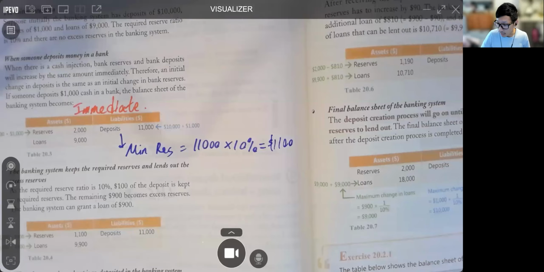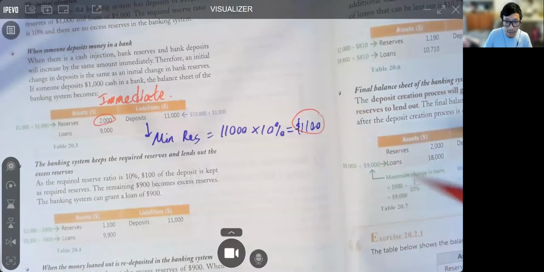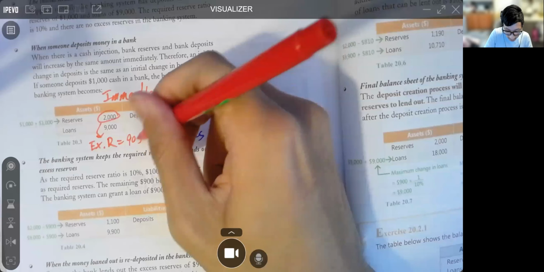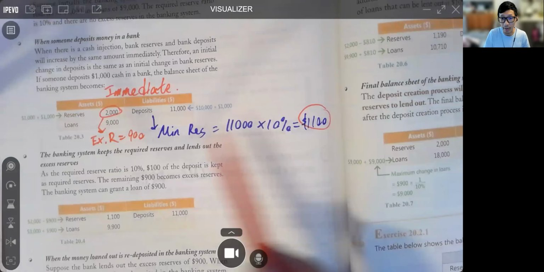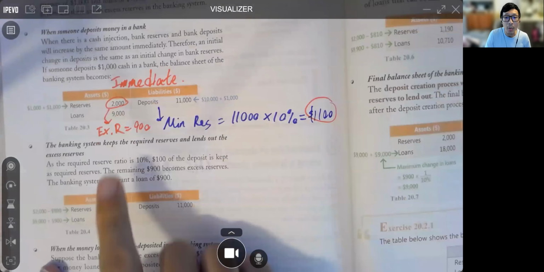But look at this one. We have 1.1K. We have 2,000. So right now, we have excess reserve of 900. OK，見唔見啊？我哋多咗900蚊 excess reserve 貨。